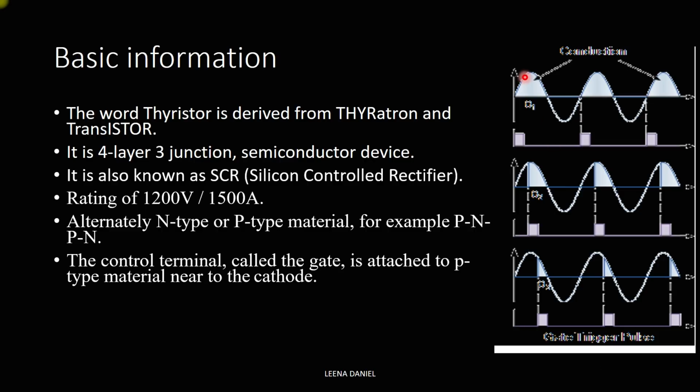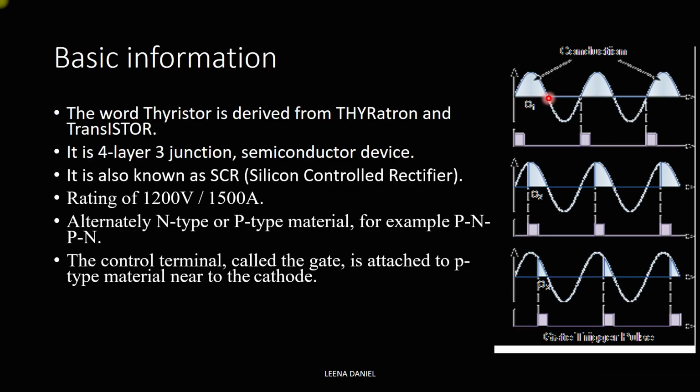This operation we cannot get from the diode, because the diode gives uncontrolled rectification. It is also providing us the rectification, but it does not give controlled rectification. If we connect the diode instead of the thyristor, we get the whole output waveform from 0 to 180 degrees. But the control terminal here is the gate terminal, through which we can always give